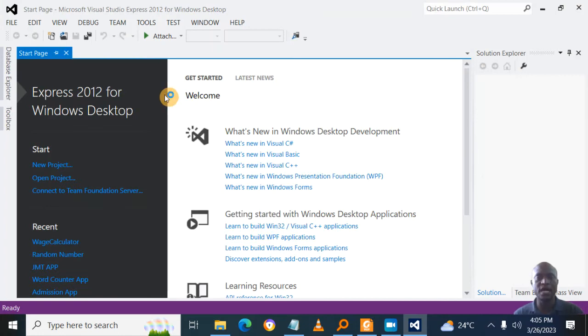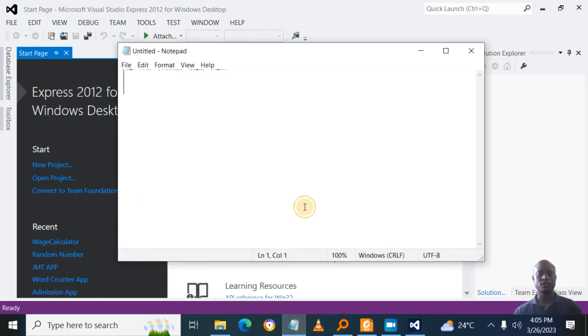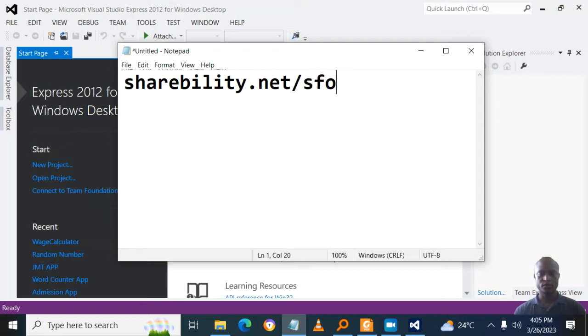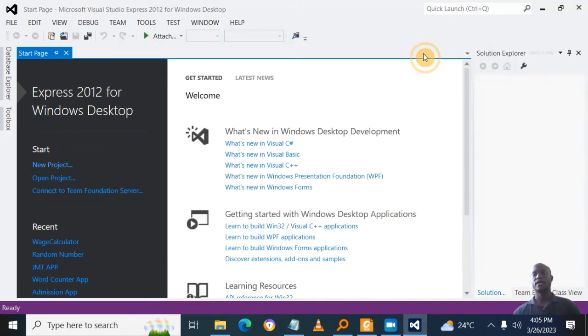If you don't have it, you can download it from our website. It is available on our website, you can open it at shareability.net/software. You can download it from there. If you don't have it, you can visit that link and you get Visual Basic software. It is there, even the key is there, free. You can download. So after downloading it and installing it, you can now come here and click on the File menu,